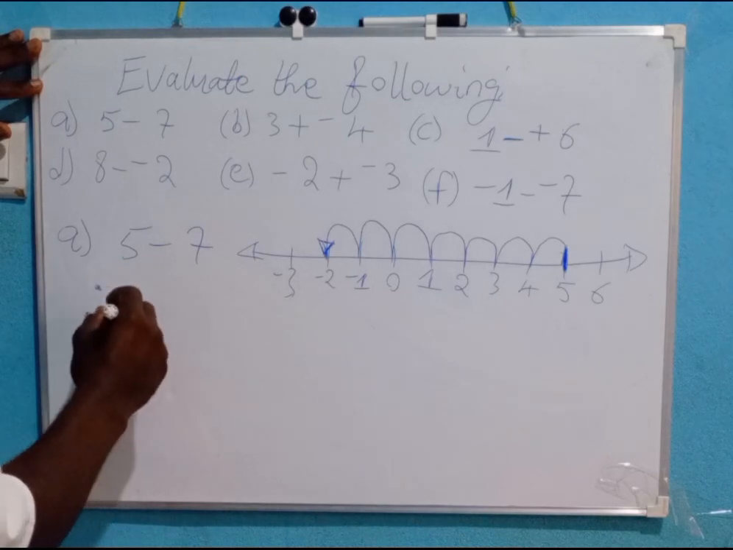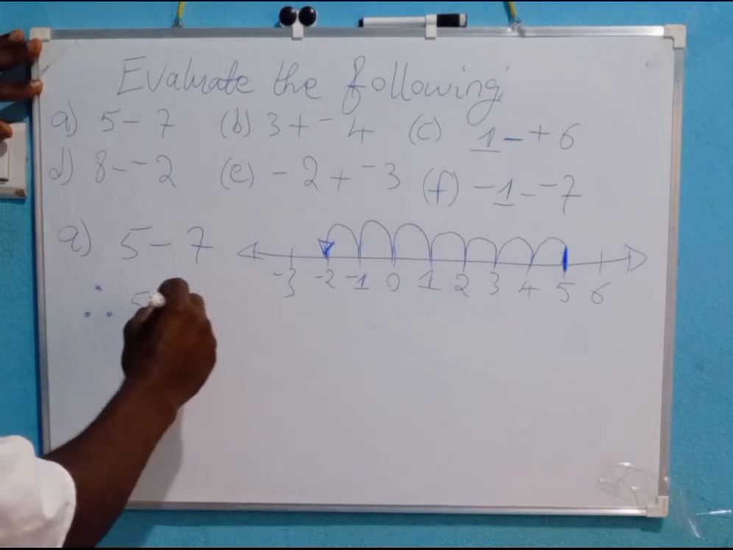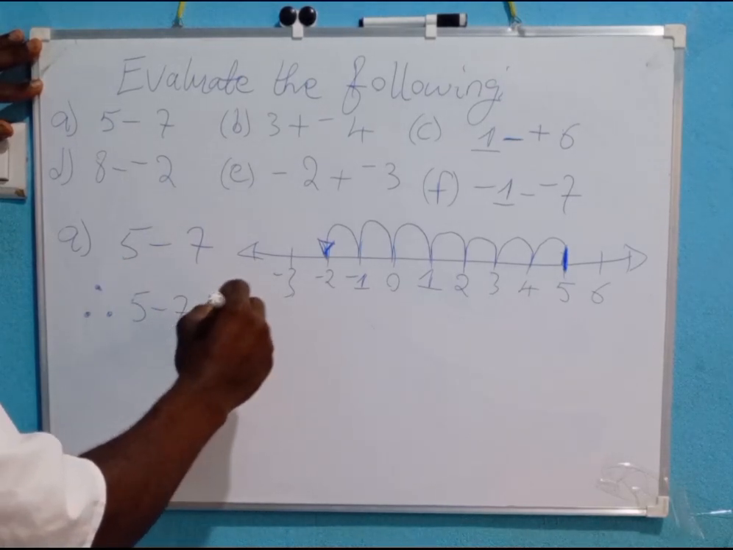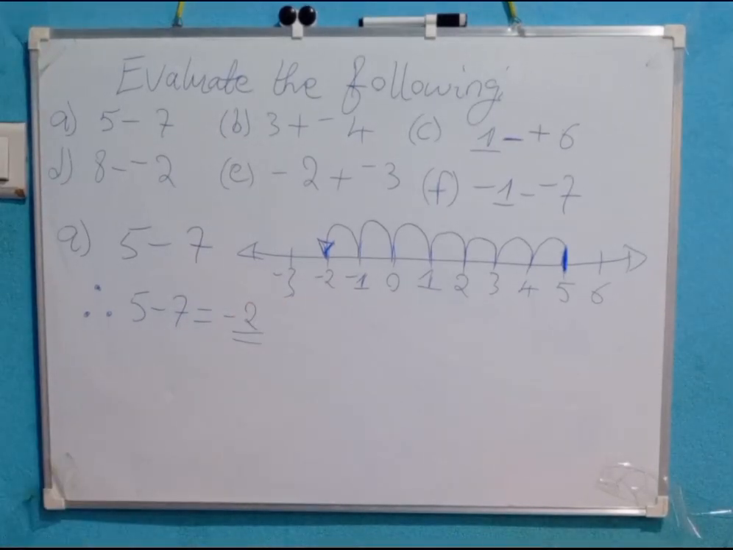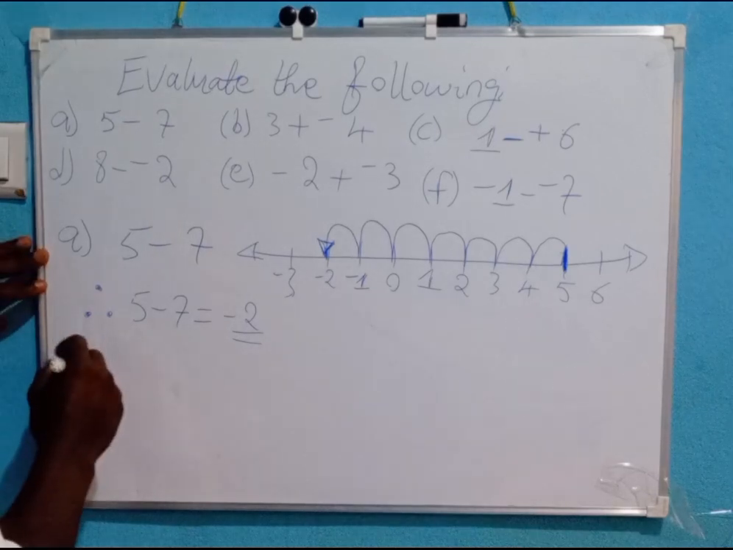Therefore, 5 minus 7 is equal to -2. So this is how we answer such a question with the number line. Let's answer B with the number line. For B, we have